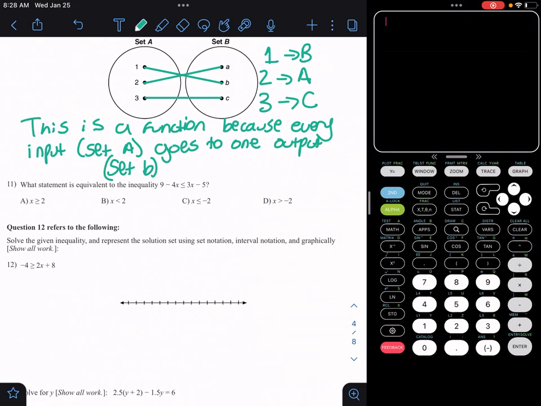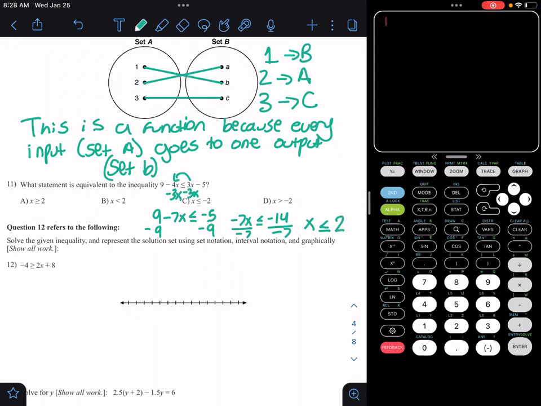Which statement is equivalent to the inequality? All right, I'm solving inequalities. So let me write this over here. I need to bring this 3x over, which means I'm going to subtract 3x, subtract 3x. I would get 9 minus 7x is less than or equal to negative 5. I need to get rid of that 9, so I'm going to subtract 9. I would get negative 7x is less than or equal to negative 14. And now to get rid of the negative 7, I need to divide. If I'm dividing by a negative number, I need to flip my inequality symbol,